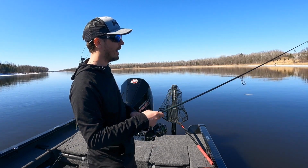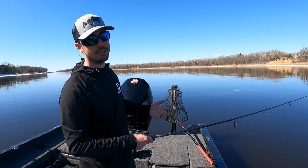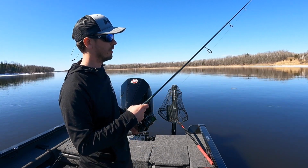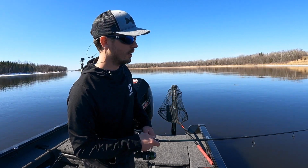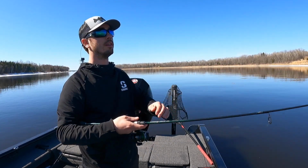The amount of action you give the bait is just going to depend on the mood of the fish, and the mood of the fish is usually dictated by water temperature and current situations, and in a lot of cases also water clarity as well. But as this water continues to warm up and conditions continue to improve, over the course of several days or even over the course of today,